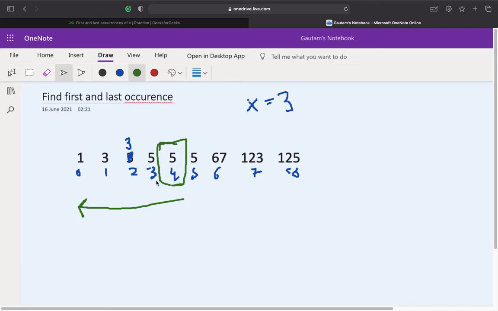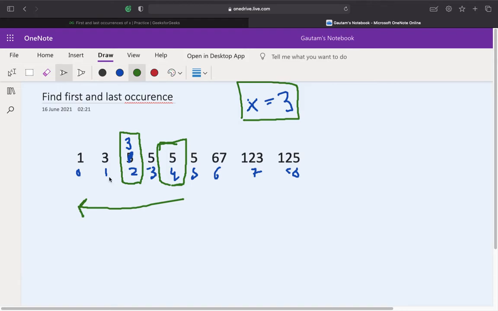So now we'll come to the left hand side, and again we'll go for the middle element for the next iteration, right? Now the middle element of the ARR is equal to the target element. We'll check the immediate left of this middle element and find whether it is not equal to 3, because if it's not equal to 3, we'll know that it is only the first occurrence. In this case it is equal to 3, which means this element is not the first occurrence.